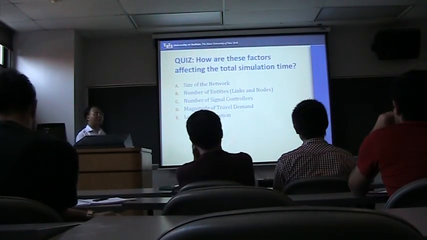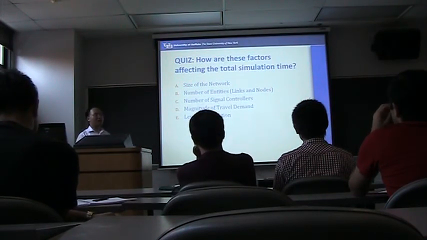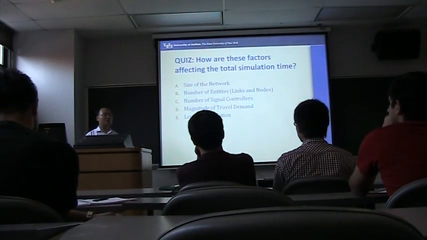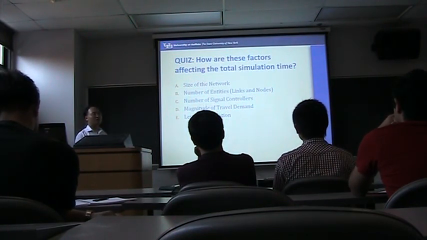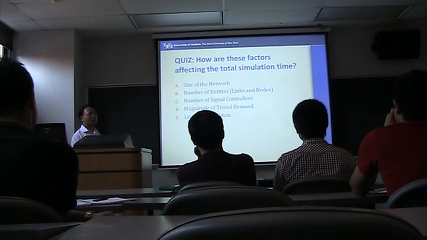So when they are talking to you like, I have a model, I have 10,000 nodes, 10,000 links, don't be fooled by that. Just check how many vehicles they have. And the level of congestion is also affecting